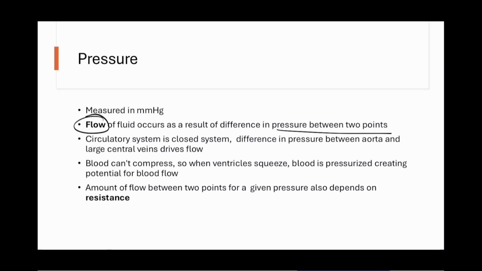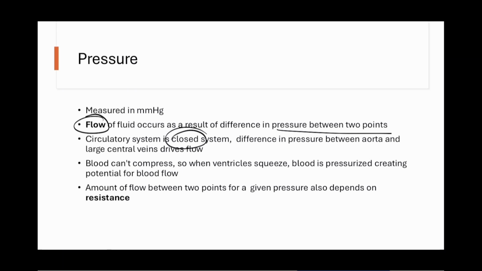The circulatory system is closed. Okay? There's no way to get more blood in unless you put an IV. There's no way to lose blood unless you, again, cut your vessels to lose blood. But whatever leaves the heart should come back to the heart. Make sense? If you're pumping out 5 liters of blood every minute, you should be receiving 5 liters of blood back into the heart. It's a closed system.